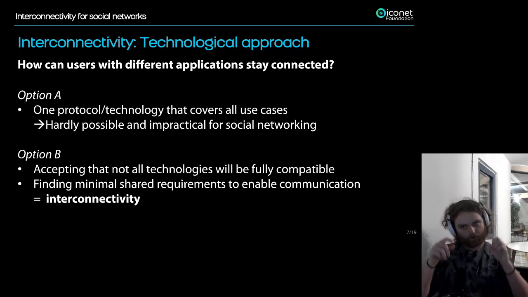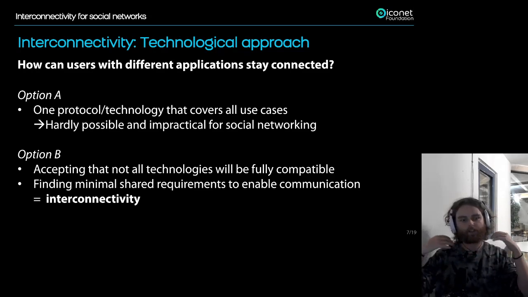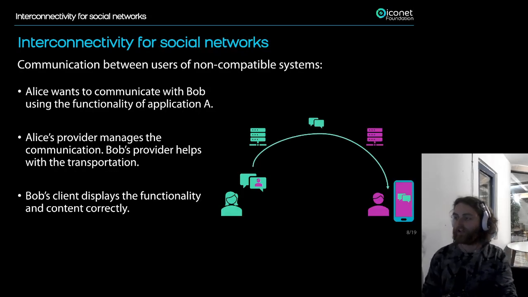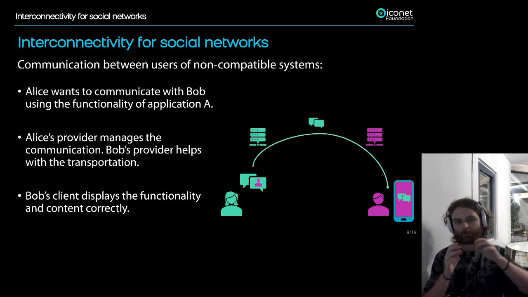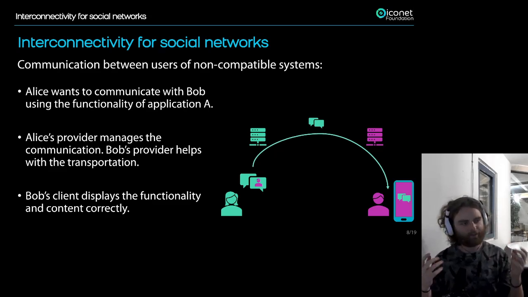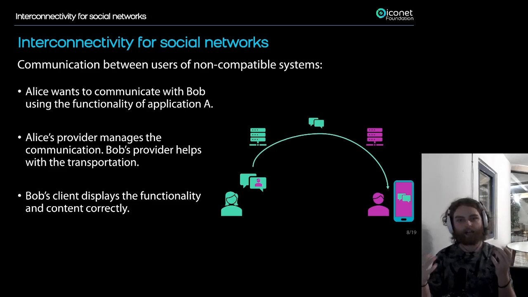So, to find the minimal requirements so that communication can be shared. What is this minimal approach? The minimal approach for communication to happen is, because it's human-to-human communication, to involve also the human brain. If I want to share something with someone and they are presented it on their phone, the communication happened.